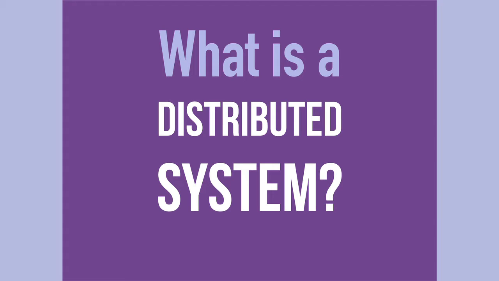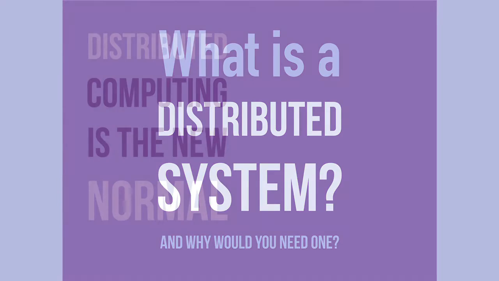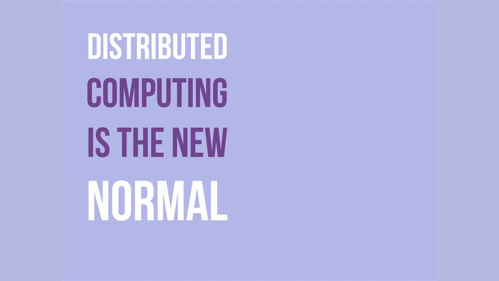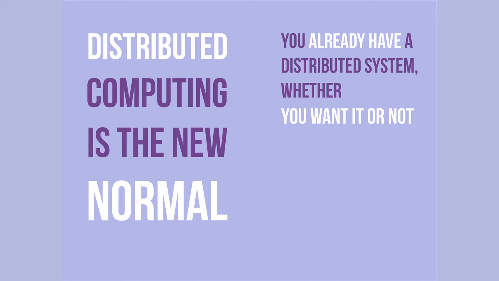So starting, what is a distributed system, and why would you need one? One of the answers is that you're already using one. Distributed computing is really the new normal. I guarantee you, you're using a distributed system, even if you're not aware of it sometimes. Mobile is definitely a distributed system, especially since clients can go offline and do updates, and when they come back online, you need to sync things back. All the challenges of distributed computing come back, and there's a lot we can learn from history that helps us deal with that problem.